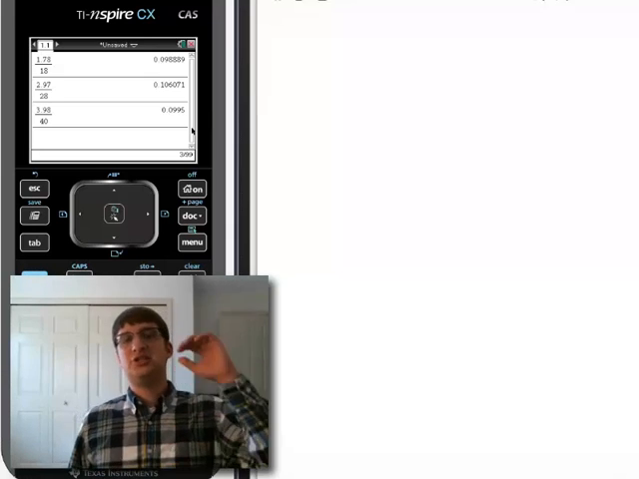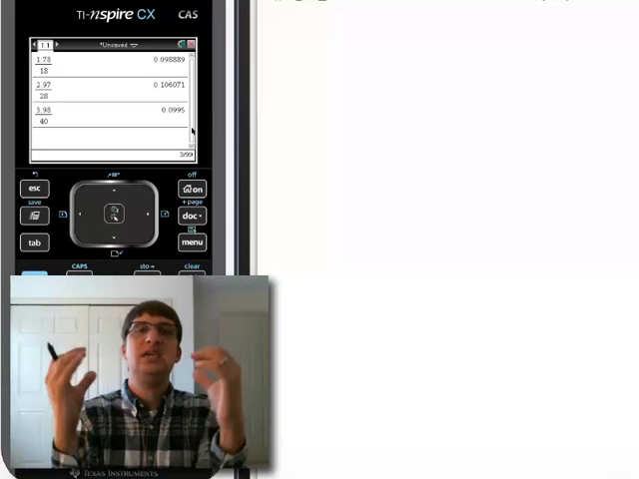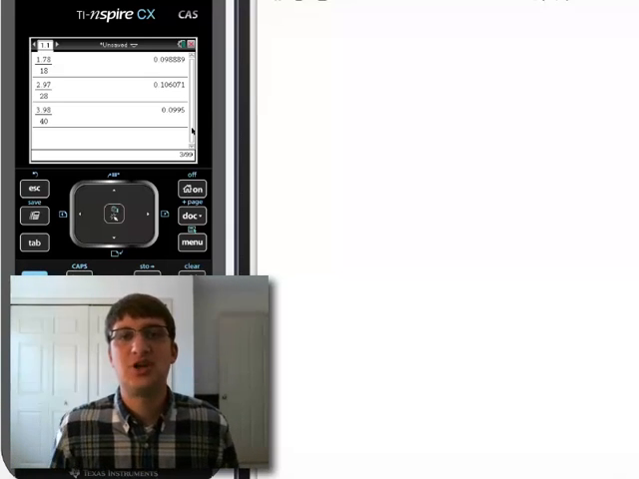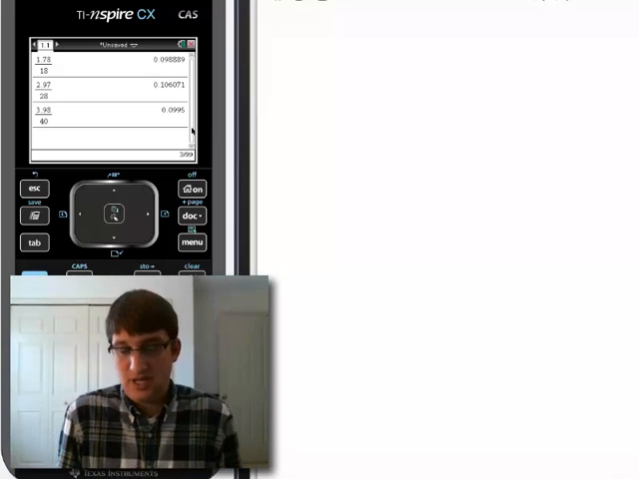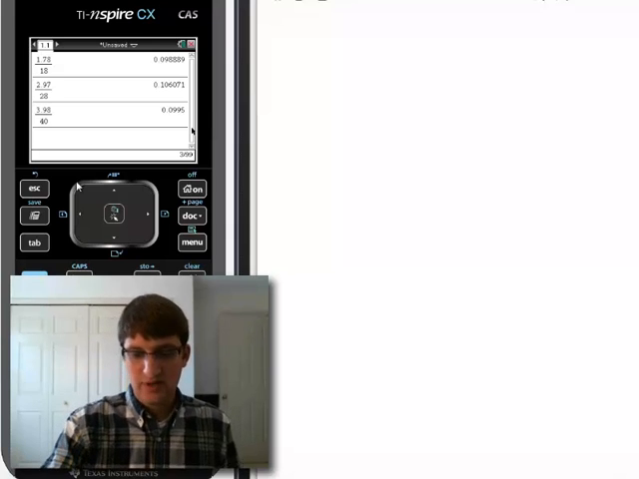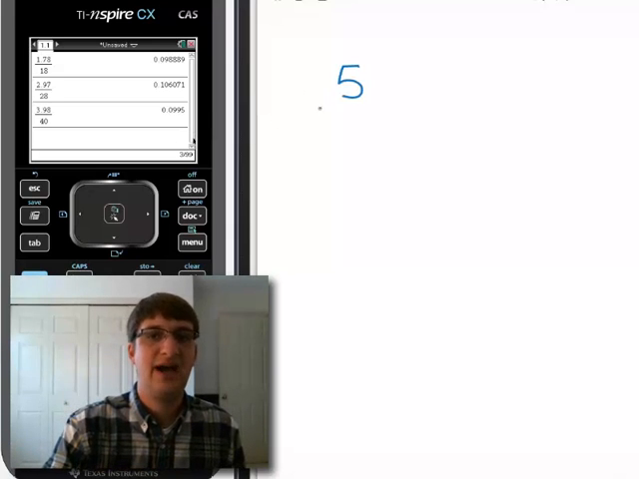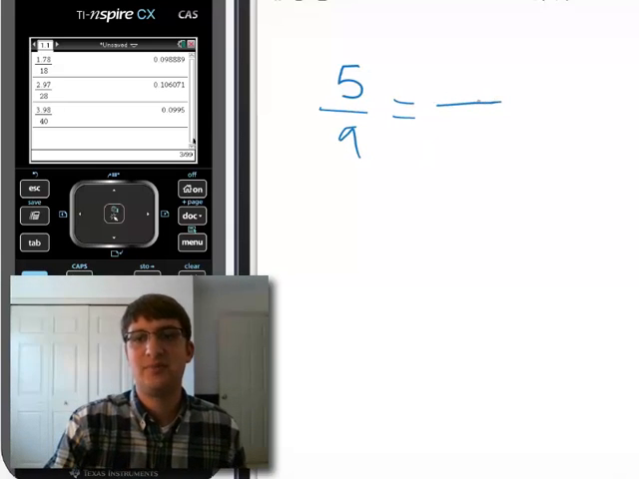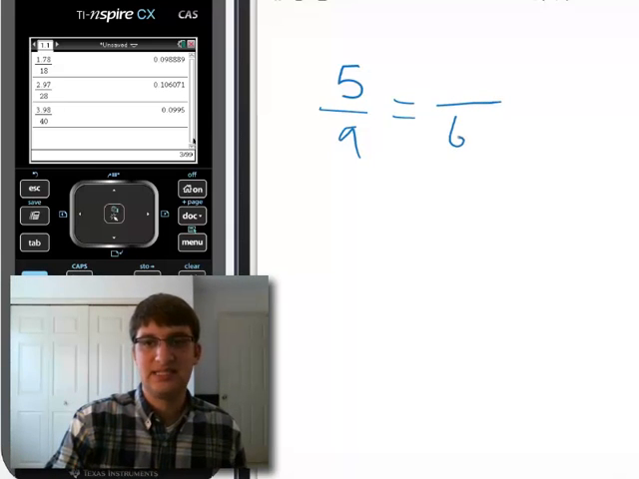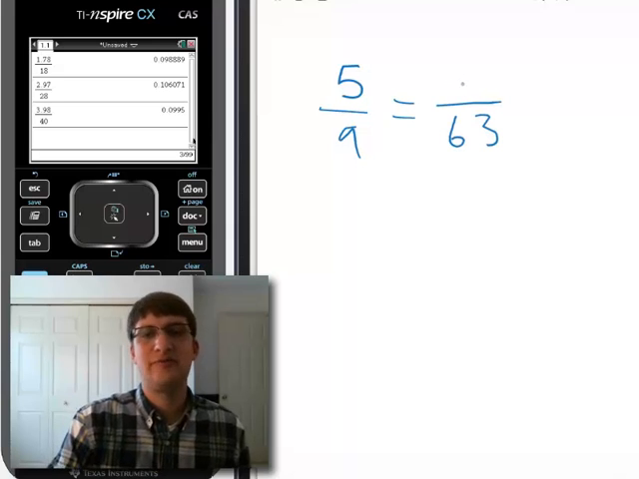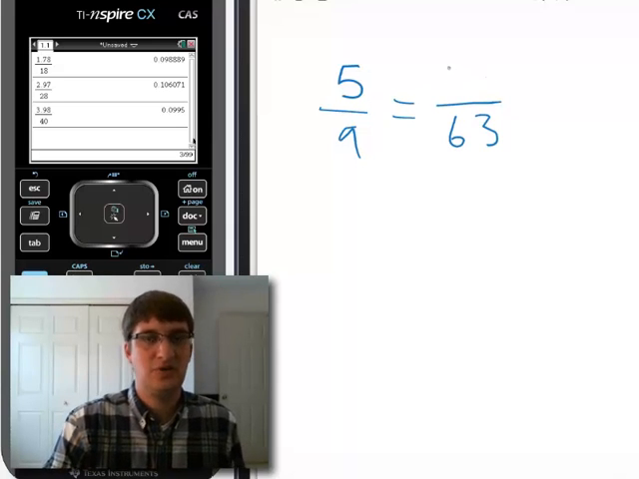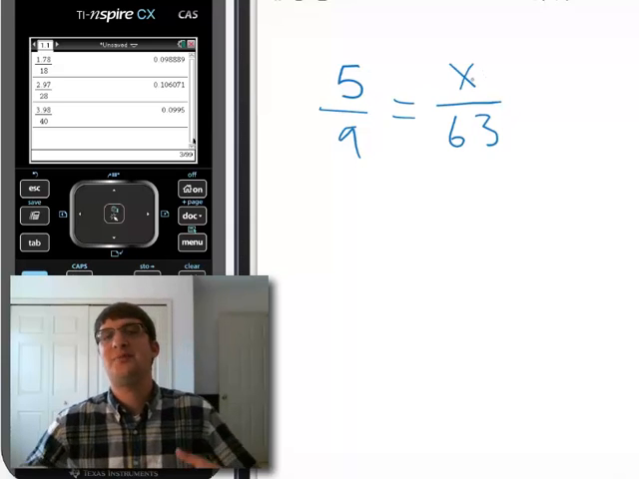Proportions are where you take two ratios and set them equal to each other and use the ratios to help solve missing things or help solve for unknowns. For example, if you have the ratio 5/9 and you want to keep that ratio, but you have different numbers over here on the right, 63, I want to know, well, what would this number be to keep that same ratio? And if I don't know what that is,